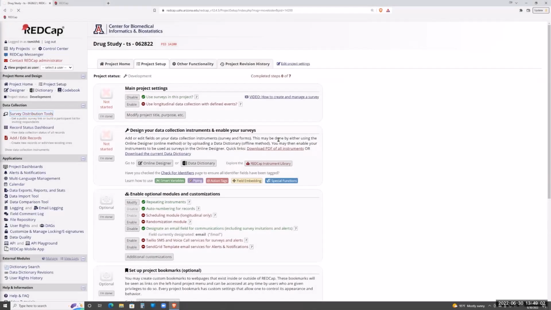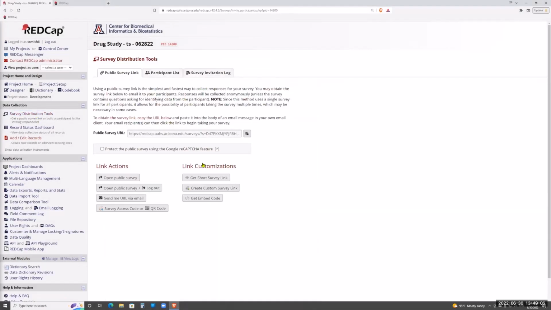So if we look at our survey distribution tools, this is the link that you can put on your website. So you all probably pretty much know that. Some of you may not have played much with the short survey link though, or the custom survey link either. The thing about these custom links as compared to this that's automatically generated from the survey itself within REDCap,